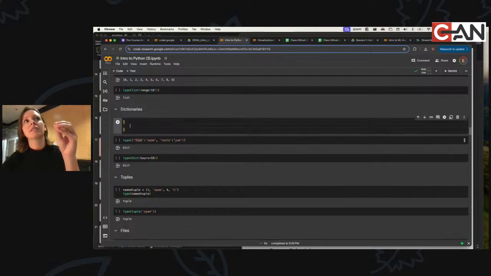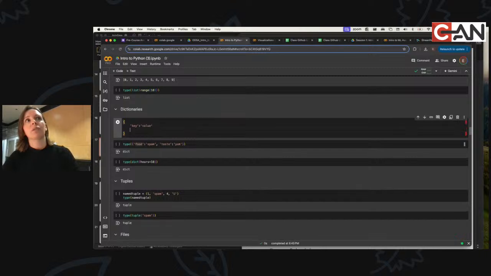A dictionary is anything that is between two curly braces, and what you have is a key, then a colon, and then your value, and then a comma that separates your keys. Then key 2, a colon, and value 2.